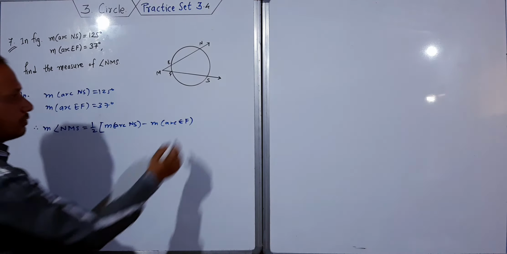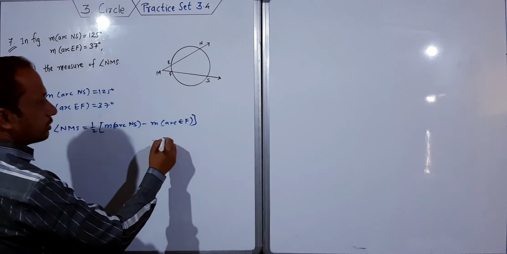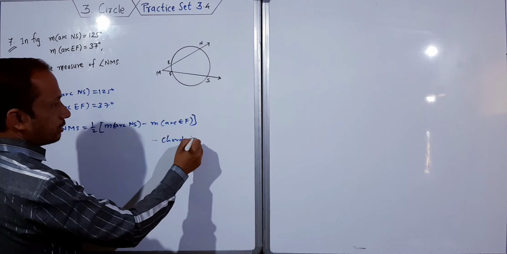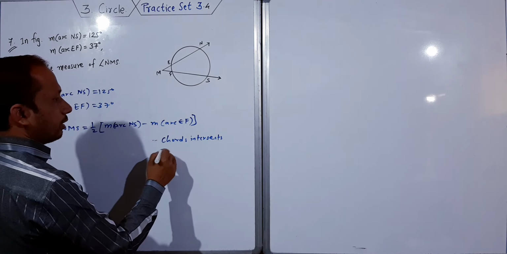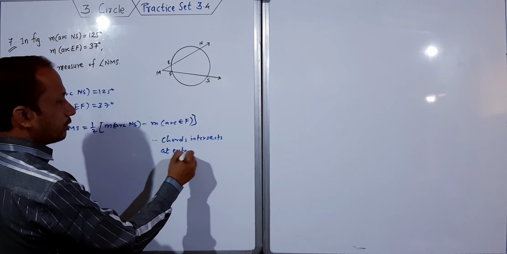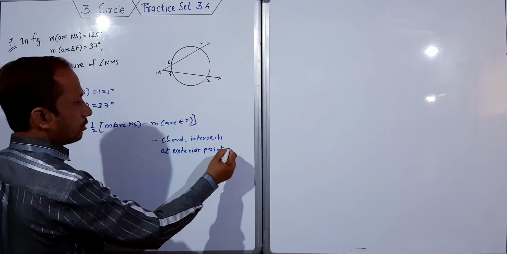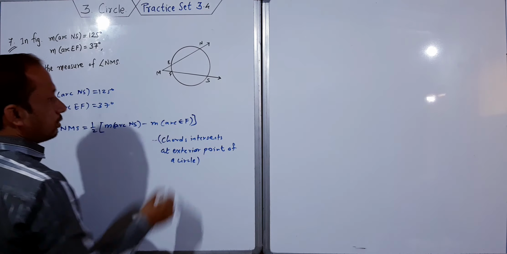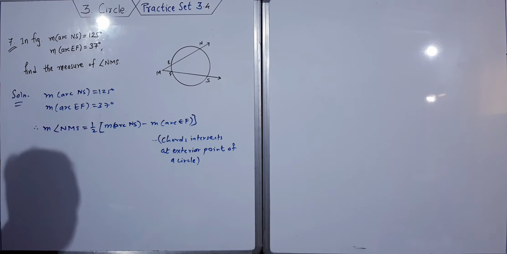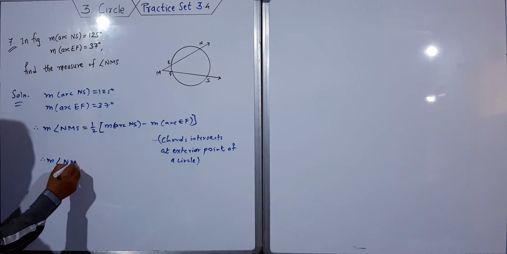You write the reason for this: externally, chords intersect at an exterior point of a circle. Chords intersect at exterior point of circle. Write this reason. Therefore, measure of angle NMS